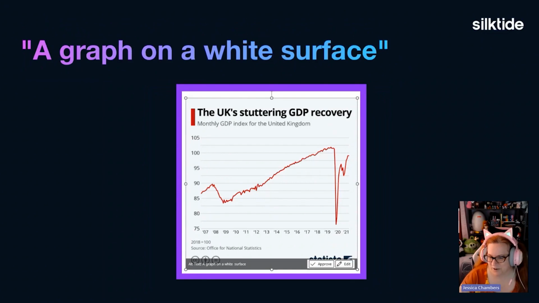Of course, I put a graph through it. Graphs need alt text, or they need captions. They need something to explain what the important details are. And unfortunately, I grabbed this one off the web, shoved it into Word, and it gave me a graph on a white surface, which hurt my feelings a little bit, to be honest. That's just so unpleasant. The alttext.ai website gave me "the UK's stuttering GDP recovery" all in lowercase, which I thought was a bit odd,